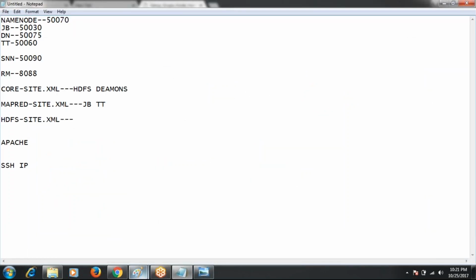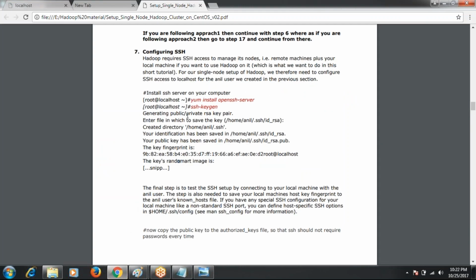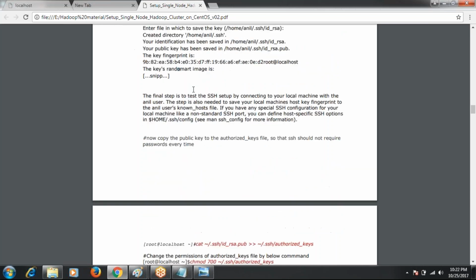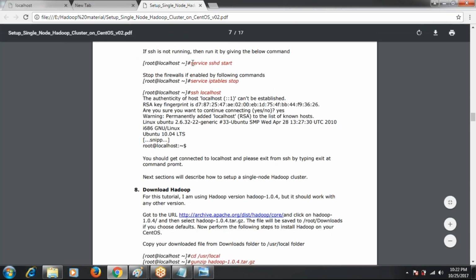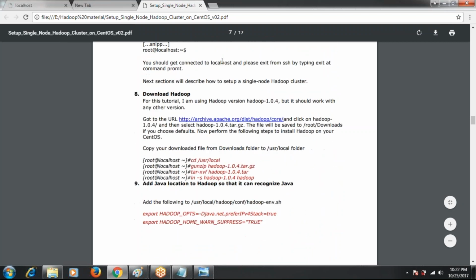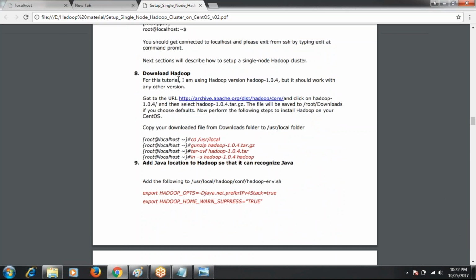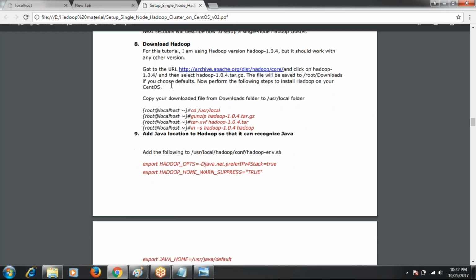We'll discuss this document. That is the use of SSH. Using SSH, each and every machine maintains communication from one machine to another. So, how do we install SSH? We have some steps and some commands here. These red-colored ones are the commands we have to execute at the time of setup. Finally, the 8th step is to download Hadoop. You can use this link for downloading Hadoop, and these are the steps for installing it.